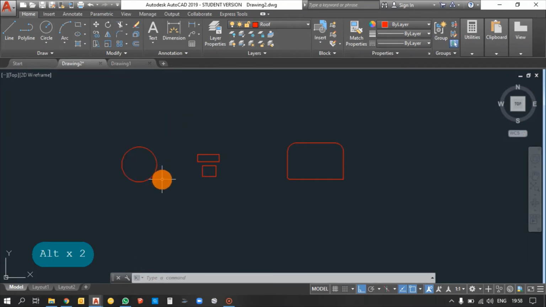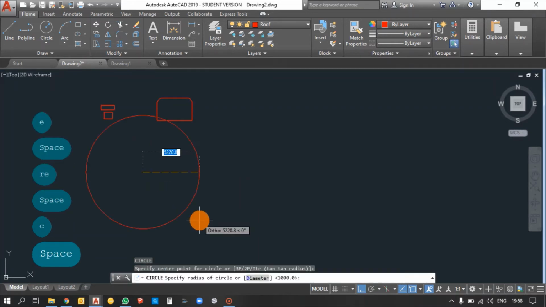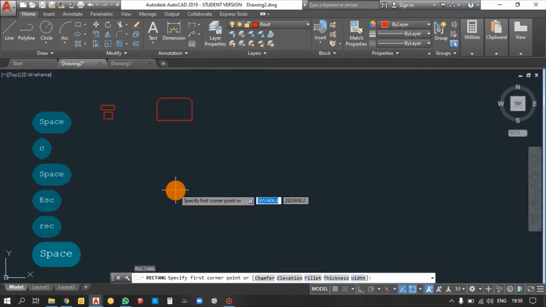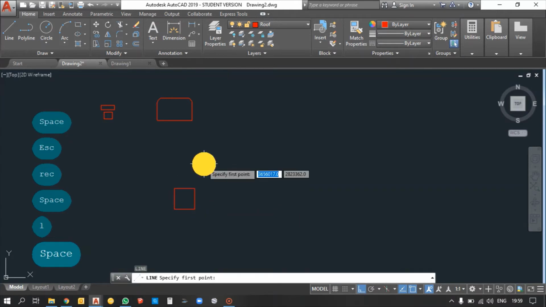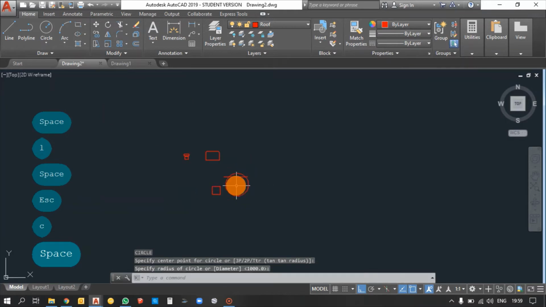And next thing is the oops command. When you accidentally delete this circle, and you have drawn some rectangle, lines and some circles, and you need to get back the circle which you have deleted.